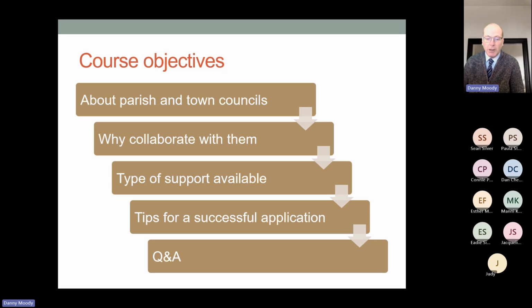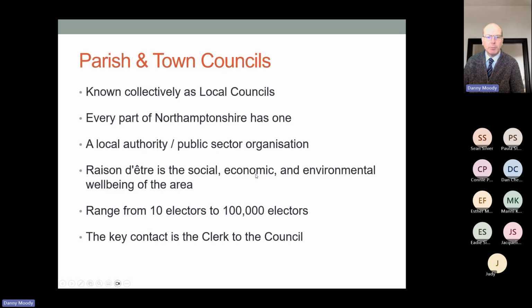And if you've got particular projects that you've got in mind and want my view on whether the parish or town council locally would support them, we're happy to discuss that. Or if you've got any questions about the parish or town council where your organisation is based, I'm happy to discuss that as well. So parish and town councils, collectively known as local councils, there's 271 in Northamptonshire, and